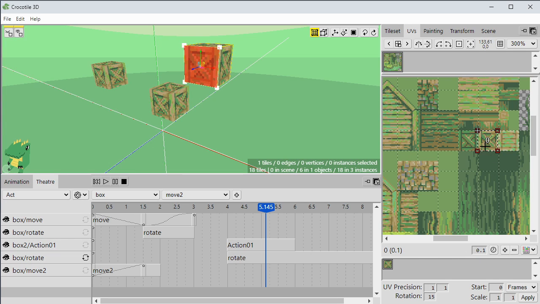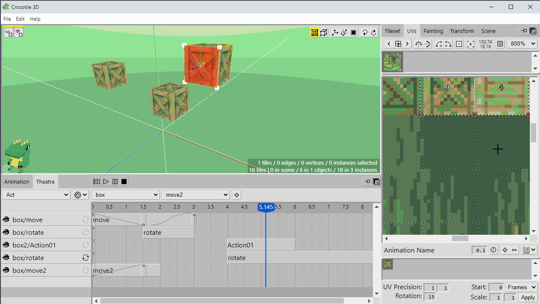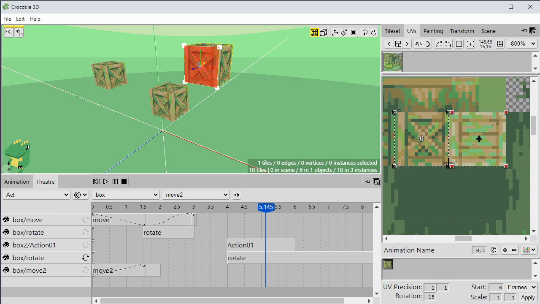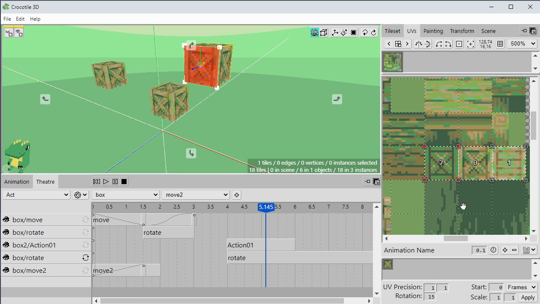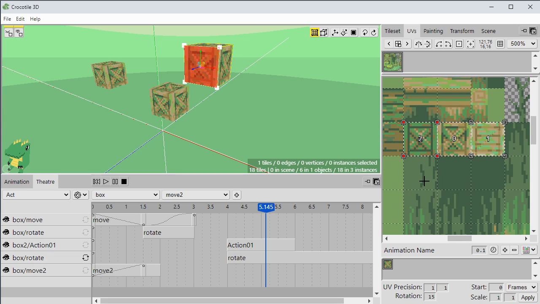I could add more frames. I'll just copy this one and paste it and put it over there. And I'll put this one over there. Okay, so we have 3 frames in this animation,